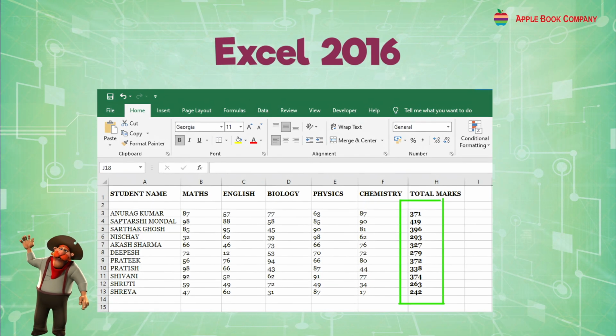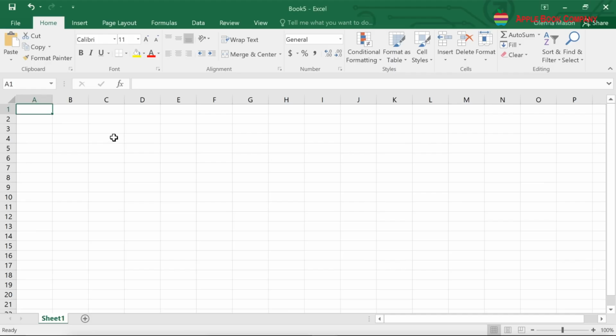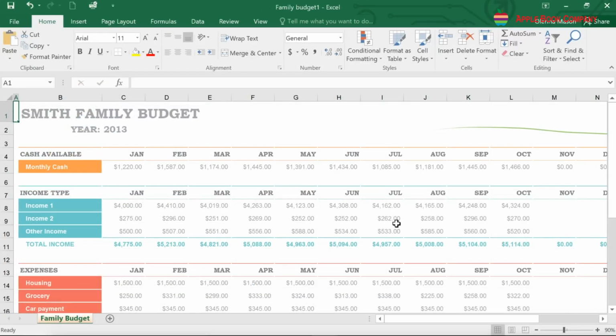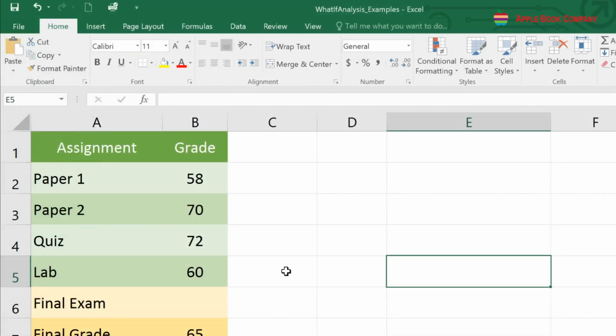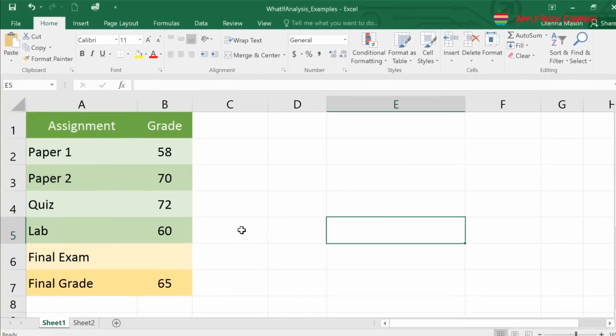Excel 2016. Excel 2016 is one of the most popular spreadsheet applications. It is part of the Microsoft Office suite and offers tools for creating tables, performing calculations, and displaying data visually using charts. In Excel, you can organize data in a clear format and even create reports. It provides a grid of cells arranged in rows and columns to help you organize information.